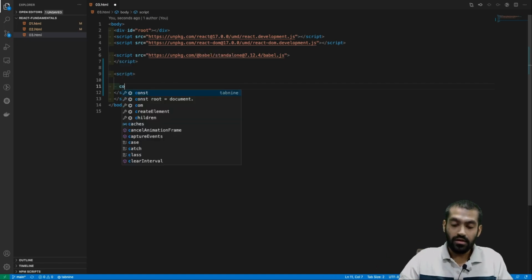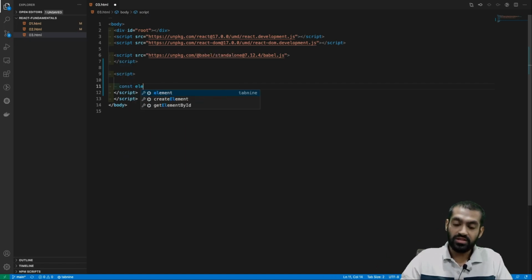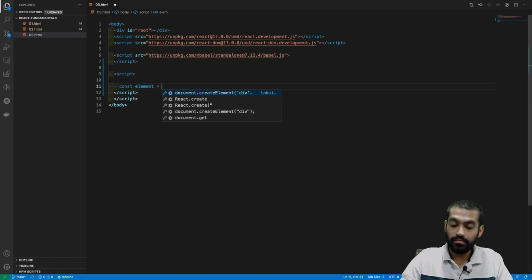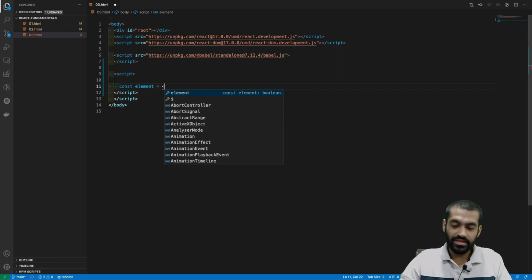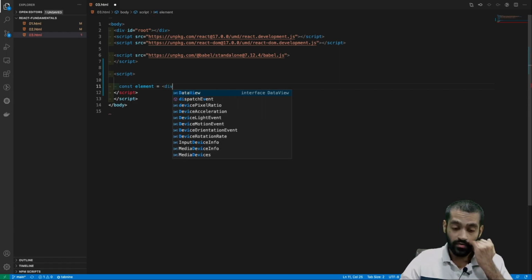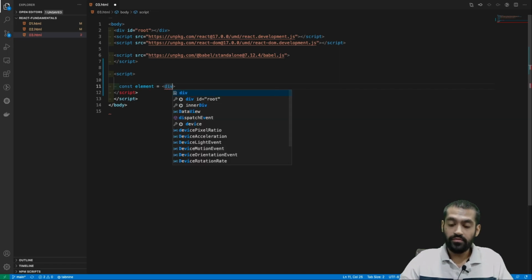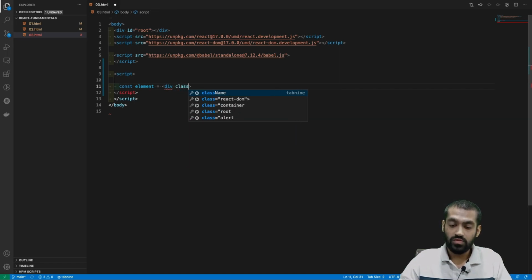Let's create something called an element, and this time around let's use HTML. Let's do div, give this a class name, what do we want to call it this time?